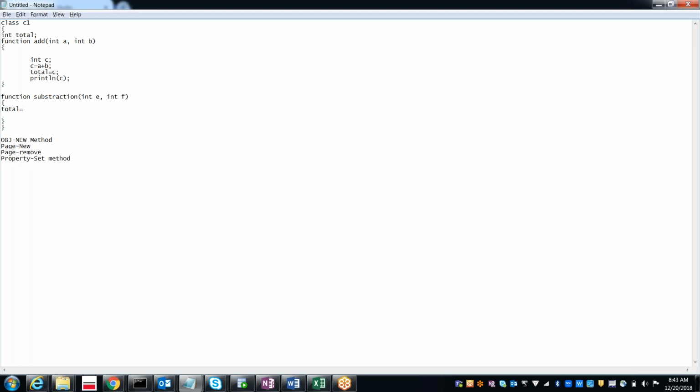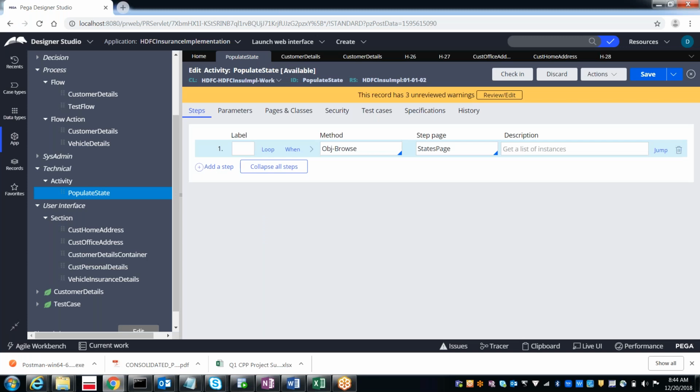So there are various methods, out of which mostly we will be using these to set the properties. Even yesterday we discussed, for setting the properties we have used something called property set.